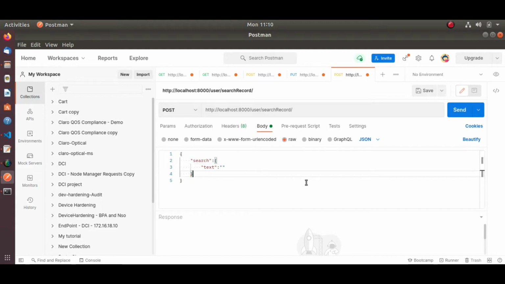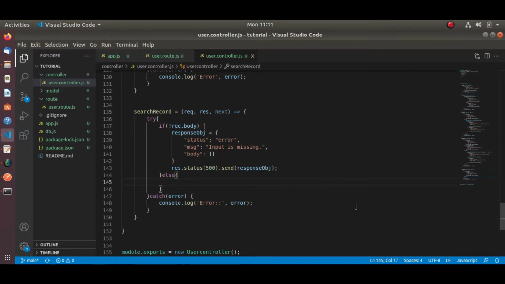So we'll keep here some value later. When we test, we'll give some value here. So let's prepare the query, the database query for the searching. So I will show you first the exact match condition.